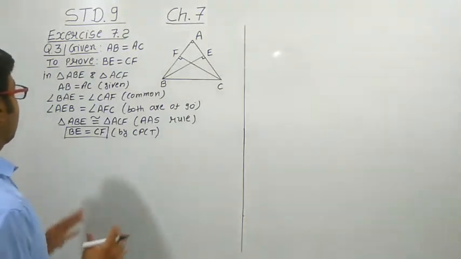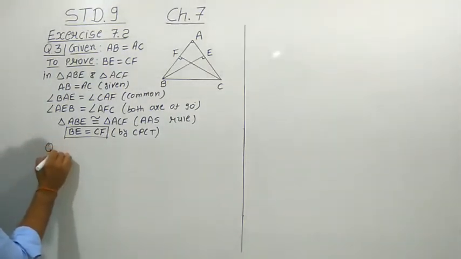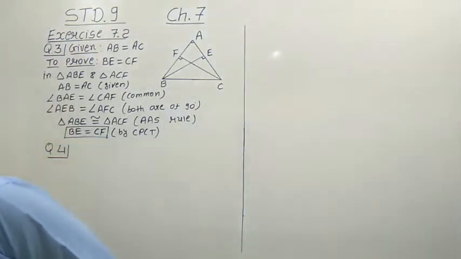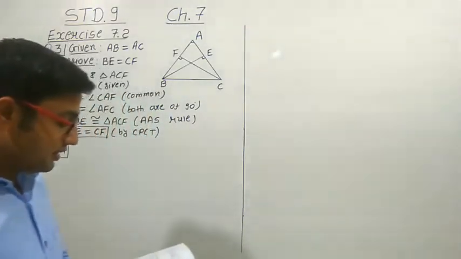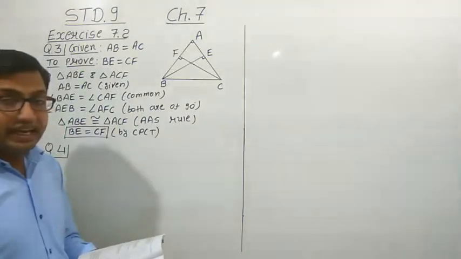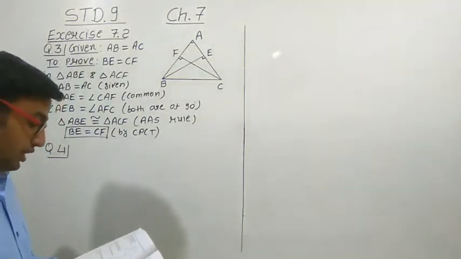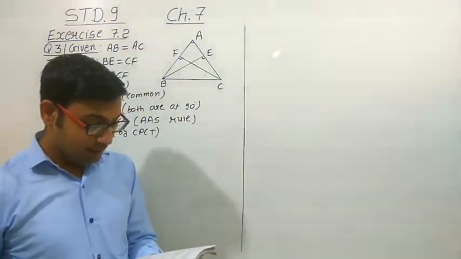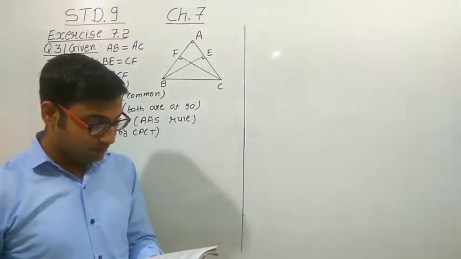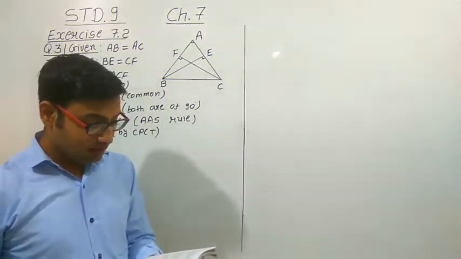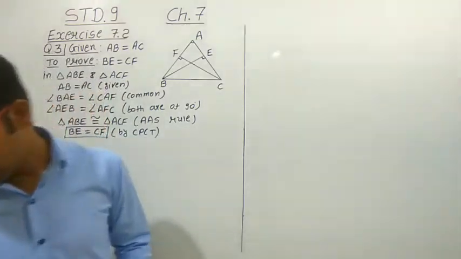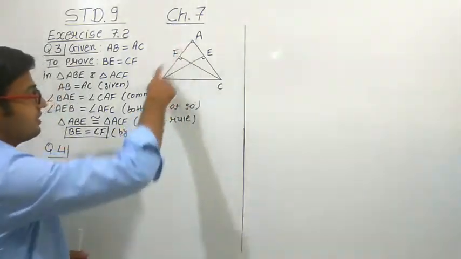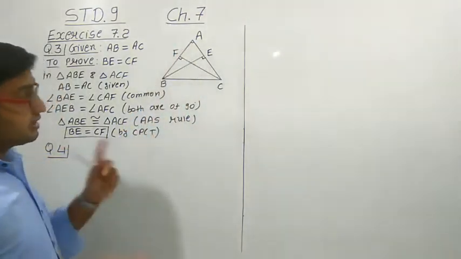Let us study the same type of the question, that is question number 4. See what is the question? Question is ABC is a triangle in which altitudes BE and CF, two sides AC and AB are equal. So that triangle ABE is congruent to triangle ACF. Second thing, AB is equals to AC, so that ABC is an isosceles triangle. So see here this diagram will remain the same. Same diagram is there.